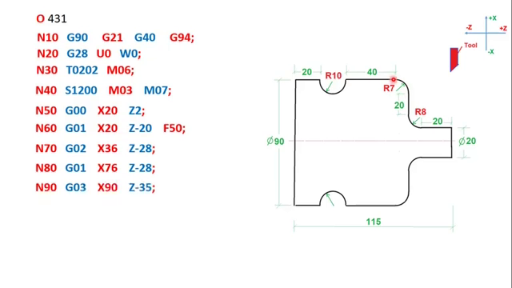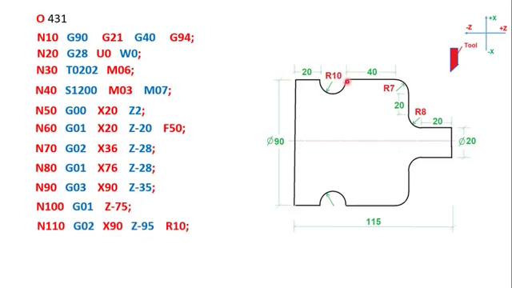So what are the endpoints? The endpoint is X90, and what about Z? Already at this point I am at 28 plus this 7 radius, so that is Z minus 35. Then from here I have to make a linear motion, X remains the same, that is 90, and in Z I have to add another 40, so 35 plus 40, 75. As it is in the negative direction, it is minus 75.